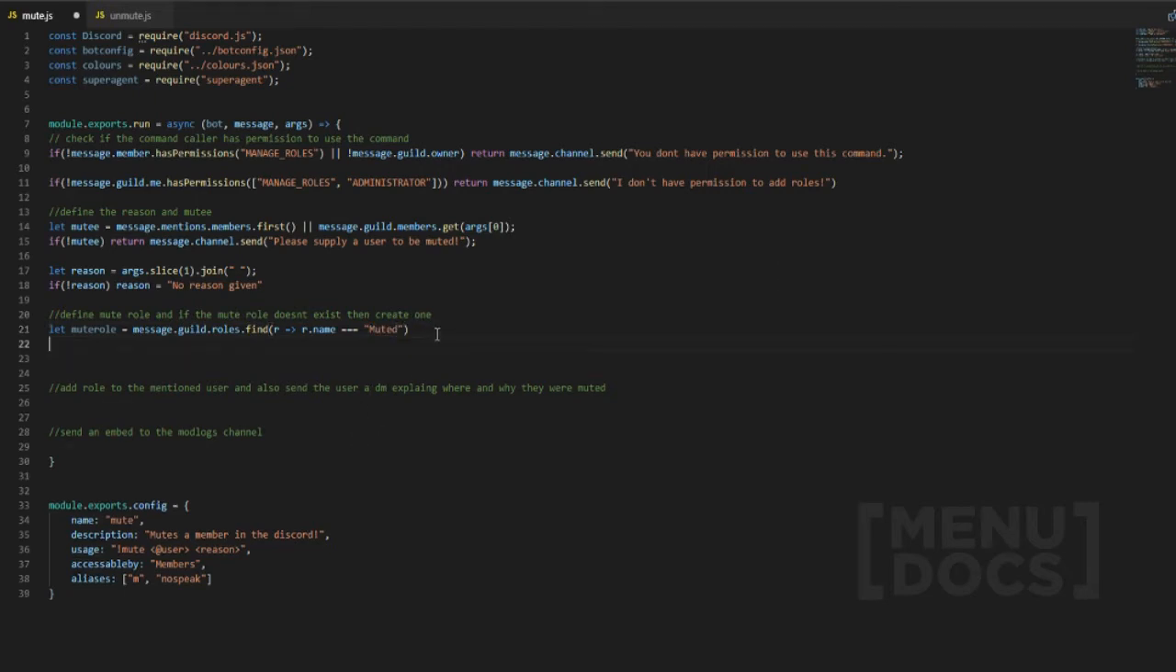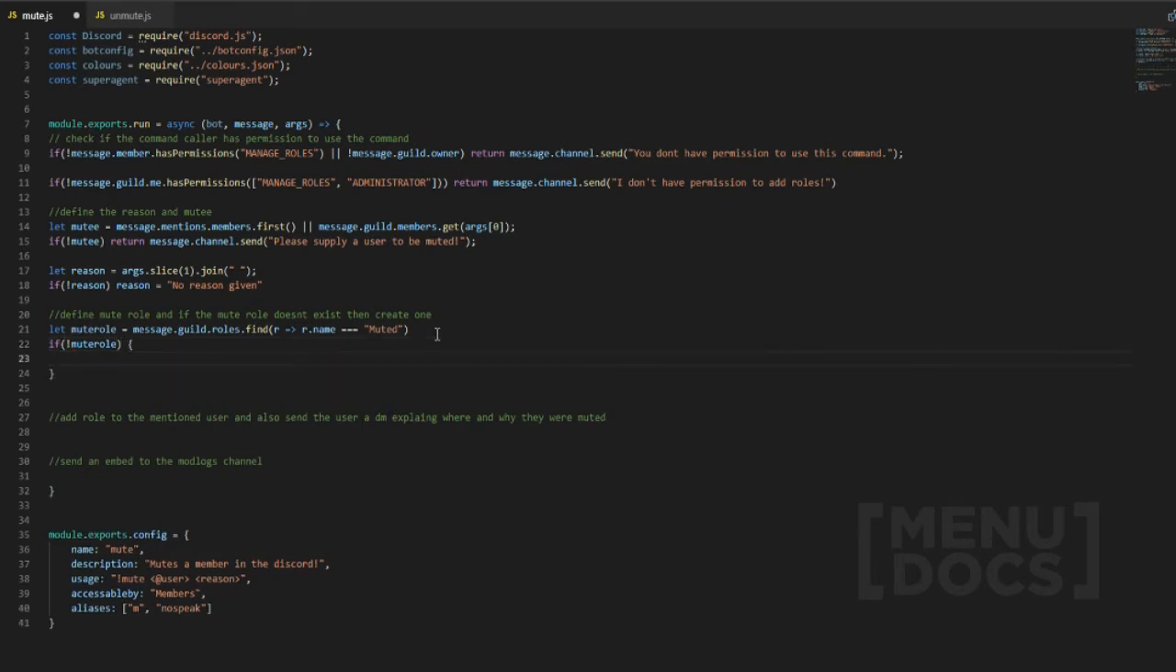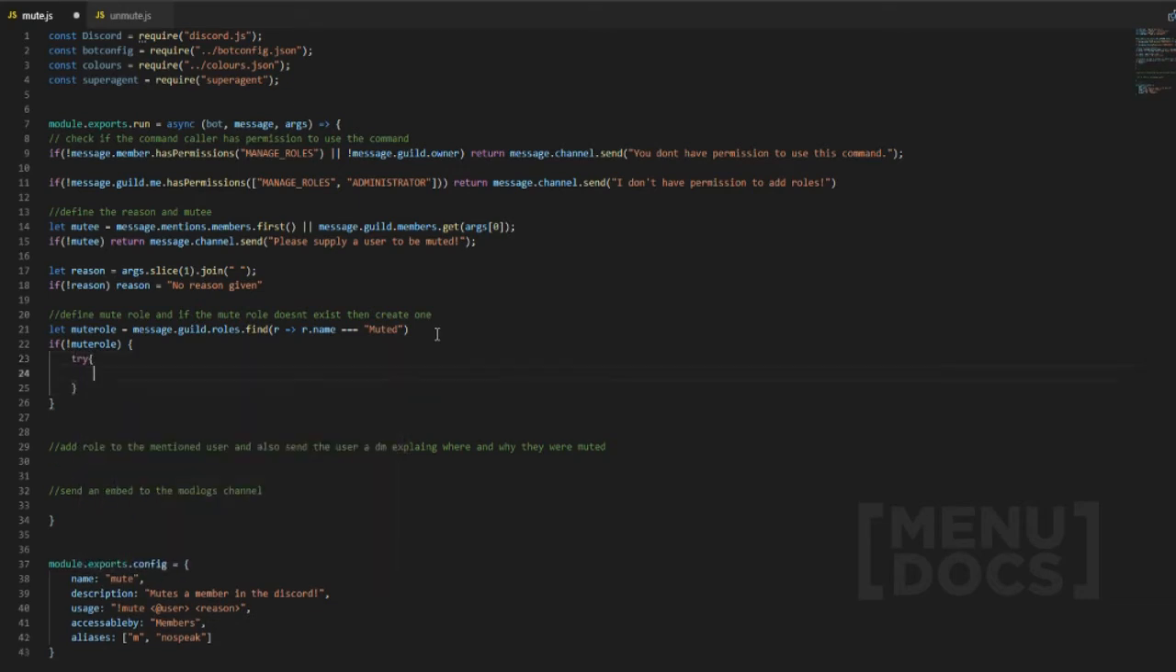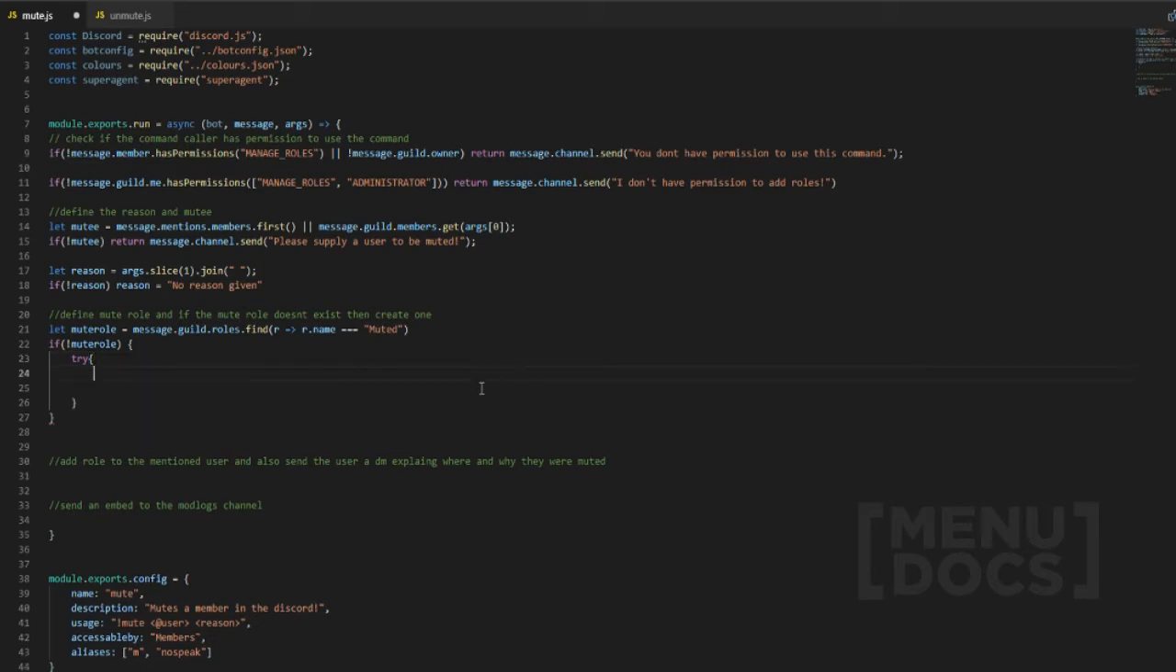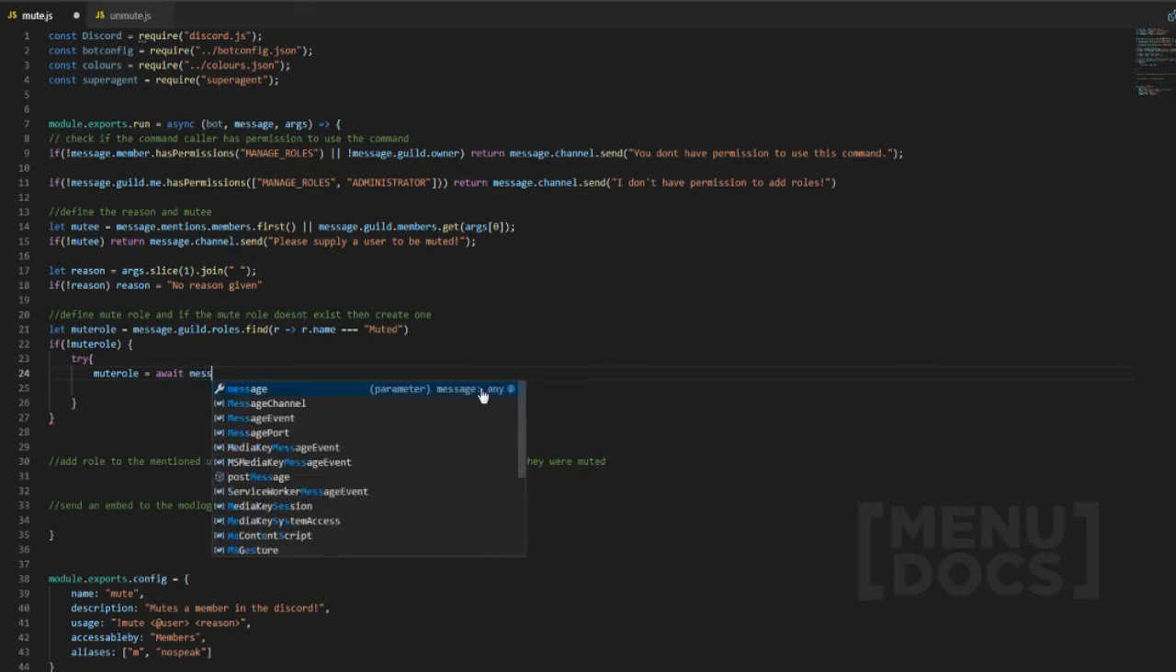And what we're going to do, if there isn't, let muteRole. If there is no mute role, we're going to open up our params and we're going to basically create one. So we're going to try and then open another parameter. Interesting, we'll get to that in a second. Basically, what we're going to put here is we're going to go down one more and we're going to do muteRole equals await message dot